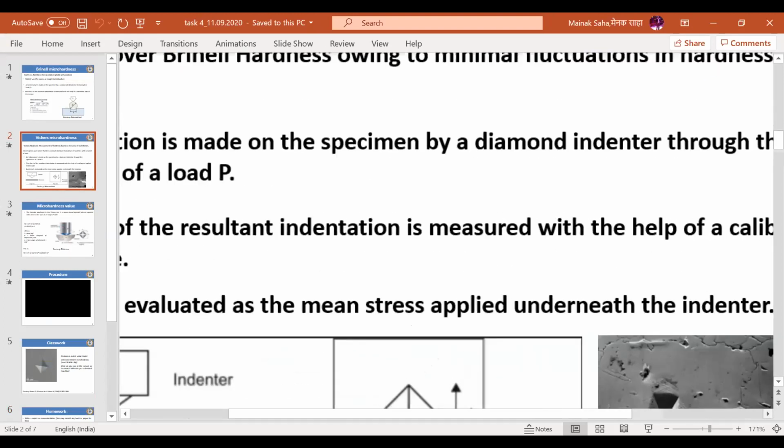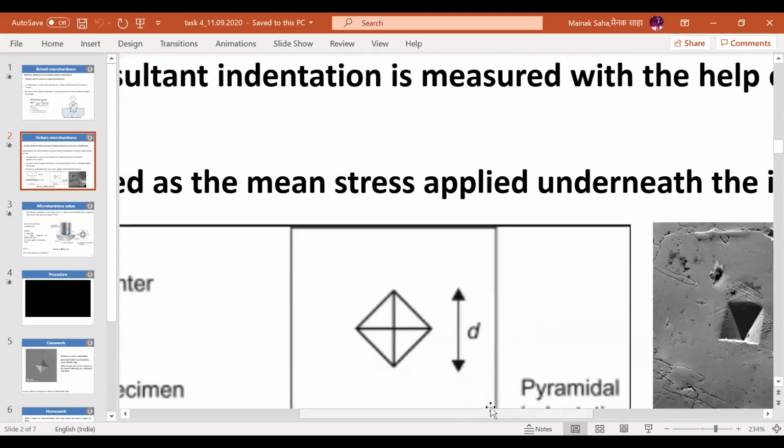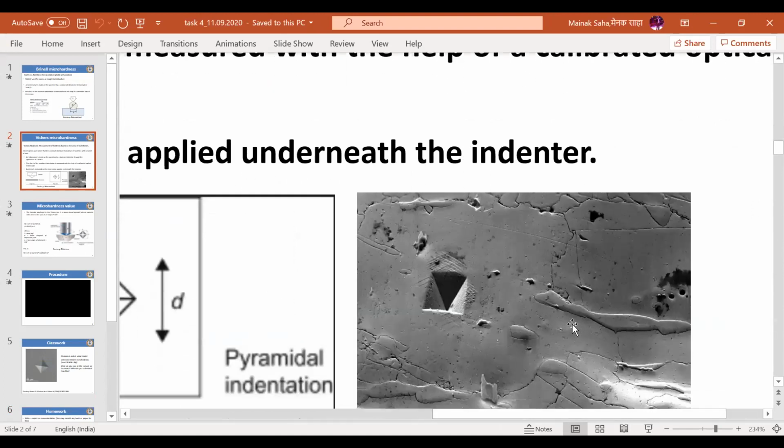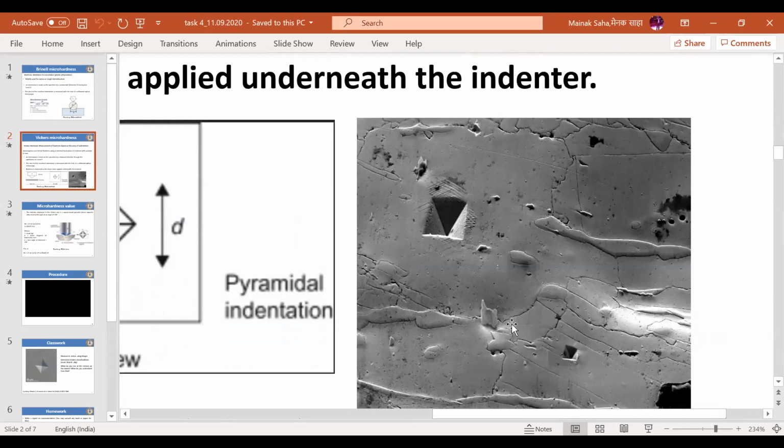I will explain this. I will just take maybe 2 minutes. First of all, in this microstructure, what do you see? Other than these two indents, don't forget that these indents are there, but what other things do you see in this microstructure? Some grain boundaries. Patches of some other phase present here.